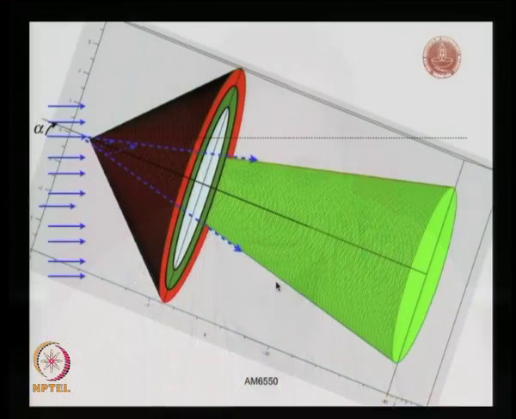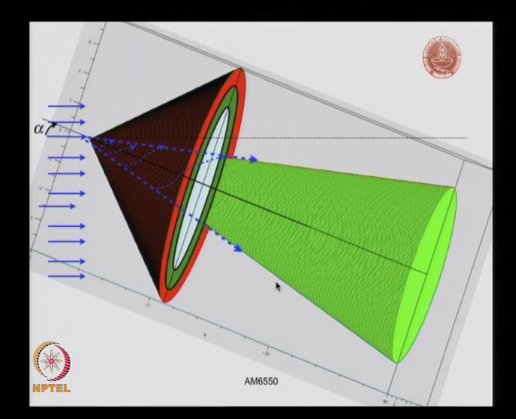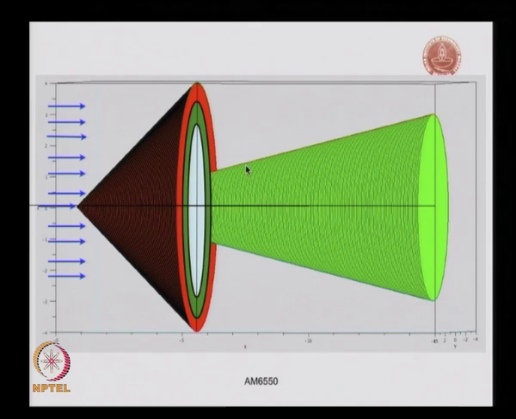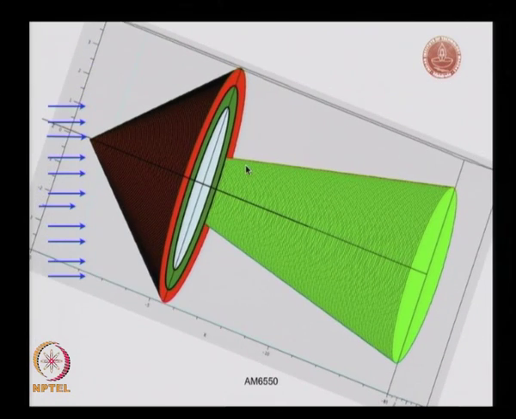So, now let us look at some of those streamlines and see what I mean by that. Basically, what is happening is it is coming from the bottom, curling up and coming to the top. Let us do that again. Okay. Let us look at this again. So, this is my